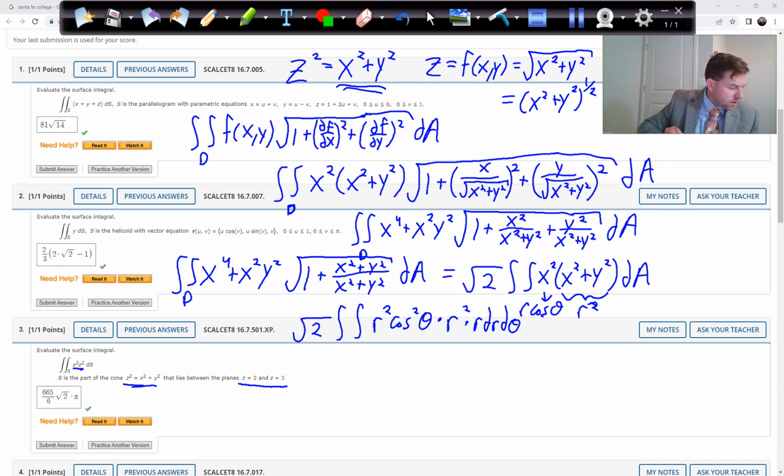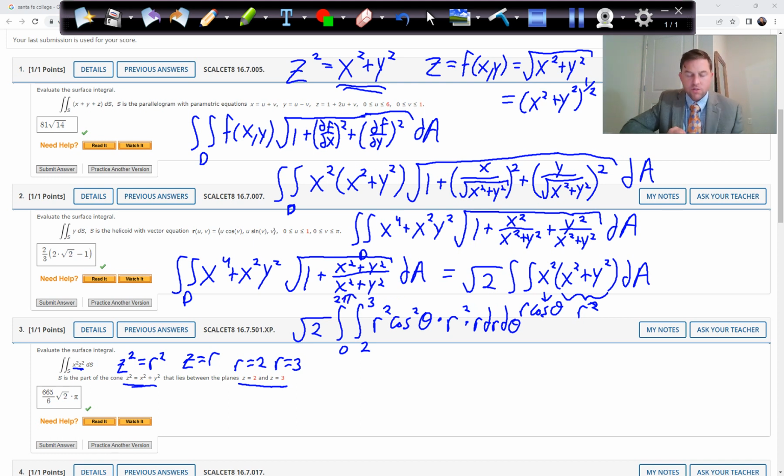And let me see what order I want to do this in. It shouldn't matter. In fact, we can split this up because it doesn't matter. If you look at this, z squared, right back here, z squared is r squared. Therefore, z is really r. So this is saying r goes from 2 to r equal 3. Those are going to be the bounds on our r. So I can write that for these, 2 to 3. And then theta is going to go for the full 360 revolution, so it's going to be 0 to 2